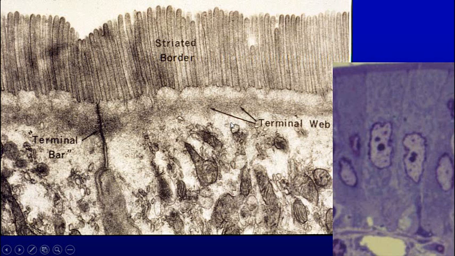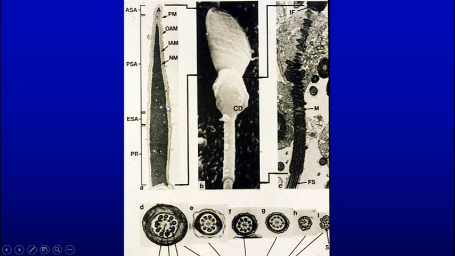You can see it much better here because the resolution is better, because this uses electrons and this uses white light. And since electrons are much smaller, a lot smaller than the wavelength of white light, you can see a lot more detail with electron microscopy than you can with light microscopy. Here you see a sperm head with a lot of membranes, or nuclear membrane, inner acrosomal membrane, outer acrosomal membrane, and